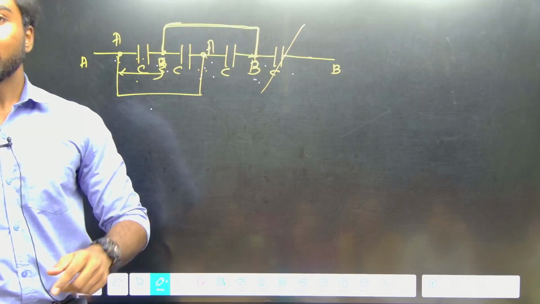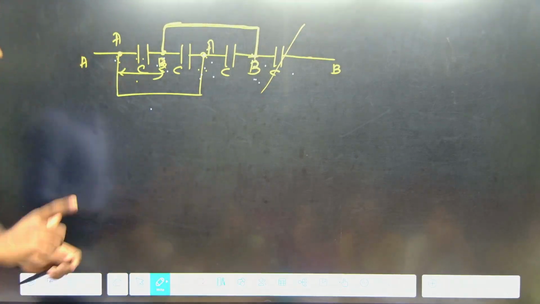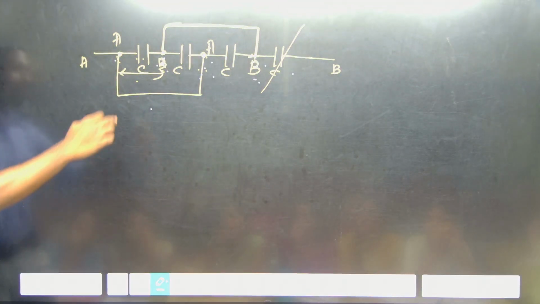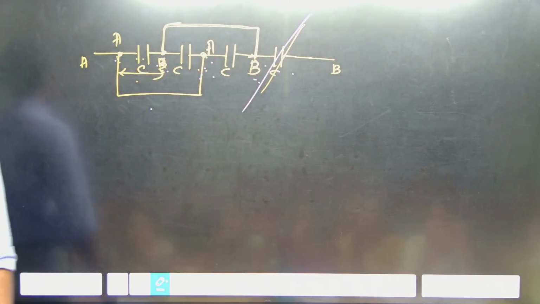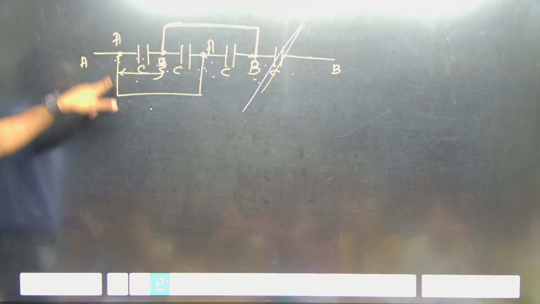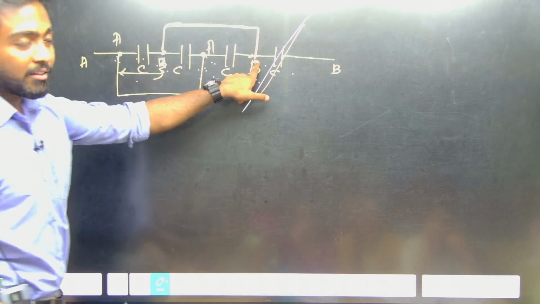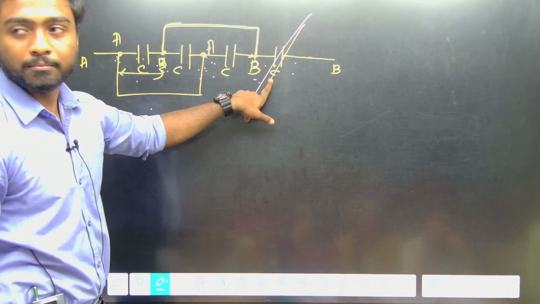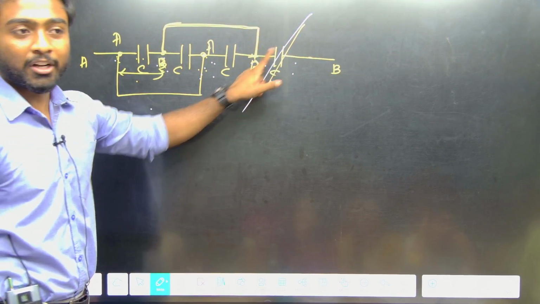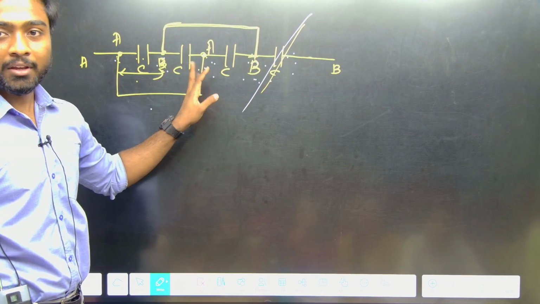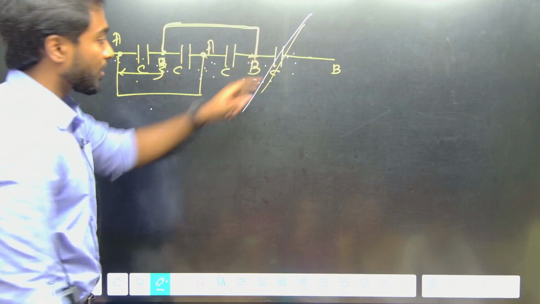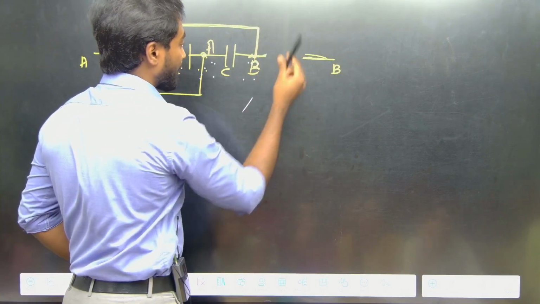there is no potential difference. If it is not there, it is a wire, no? Then this is also a wire only, no? If there is no potential difference, it is the same potential, so it becomes a wire, yes or no? If potential difference is there, then I can consider that as a capacitor. If there is no potential difference, that is a single wire, so I can neglect this one, I'll write that